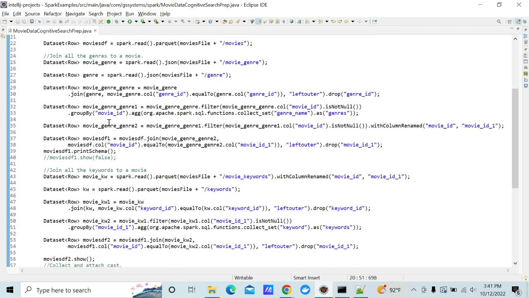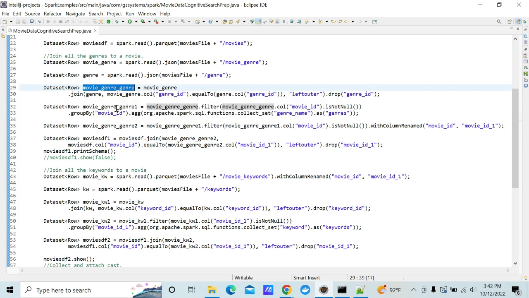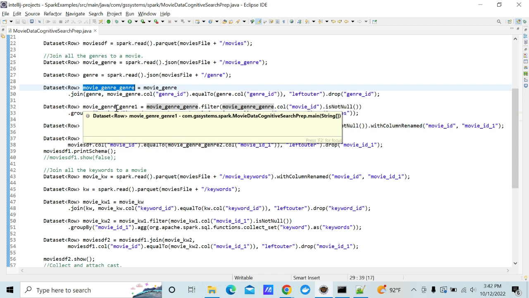And all we are doing now is the reverse of the shredding process. Now we're going to join it back. So we join movie genre to genre, and then you drop the genre ID, so that way you keep one version of the genre ID. Otherwise, it will keep two columns with the same exact name. So movie genre is the link between those two, and then movie genre one is nothing but joining the